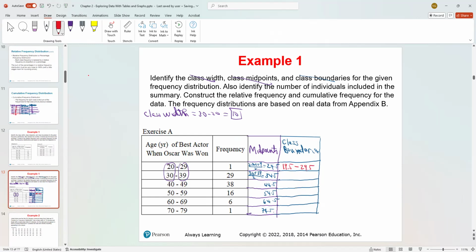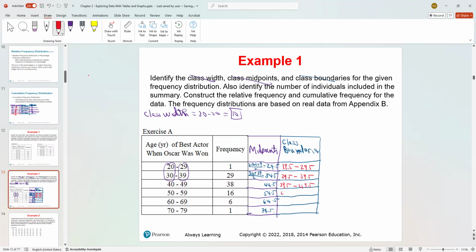I do the same for the next one. Instead of 30, because I remove 0.5, it would be 29.5, and 39.5 up there. For the third class interval, I no longer have 40 and 49. Because I remove 0.5 from 40, it makes it 39.5,